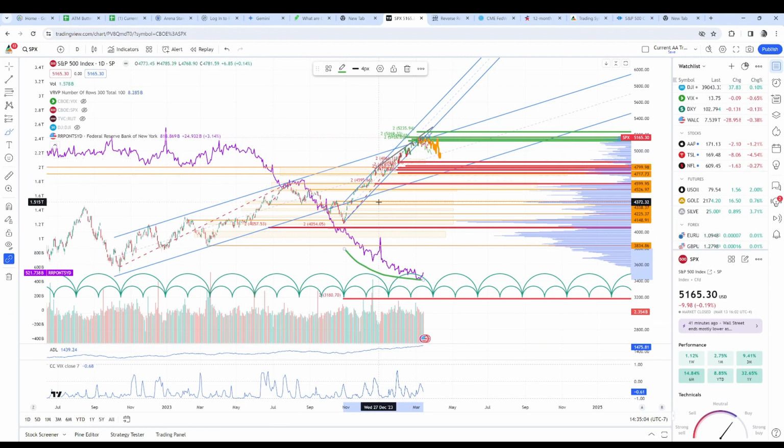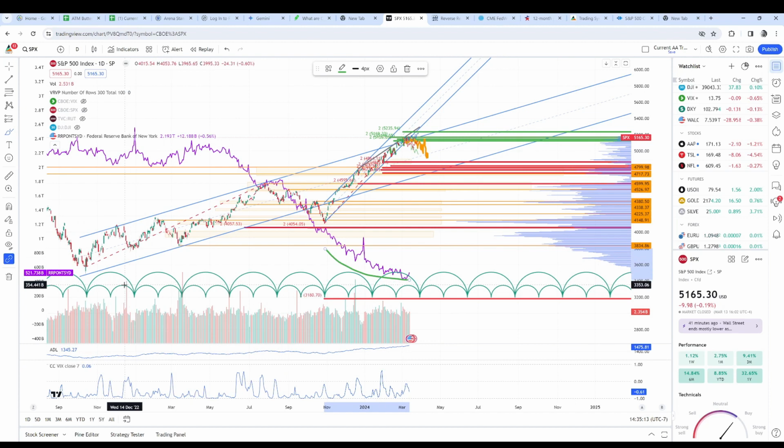All right, so where does that leave us on things? Down here, I've got a time cycle, for all of you guys that aren't familiar with time cycles. Basically, you typically try to grab them at big major turns. So you can see here, this is kind of our bottom. And then of course you go through these cycles, right?